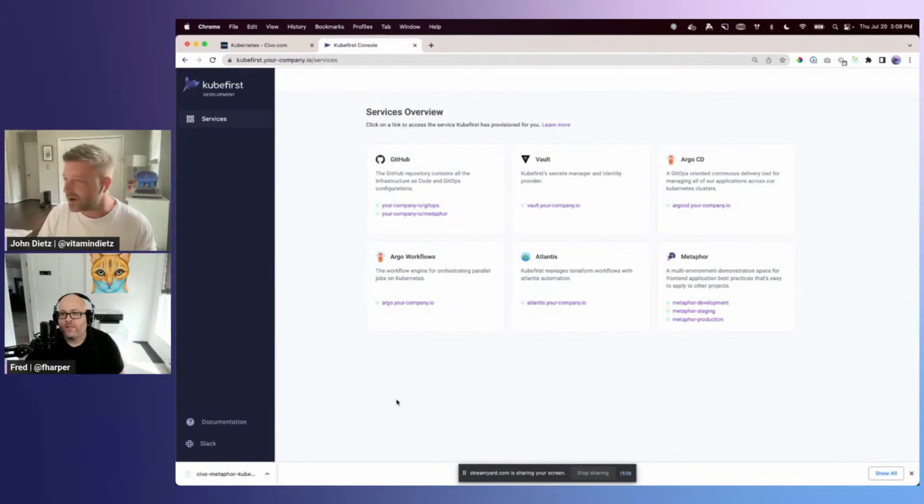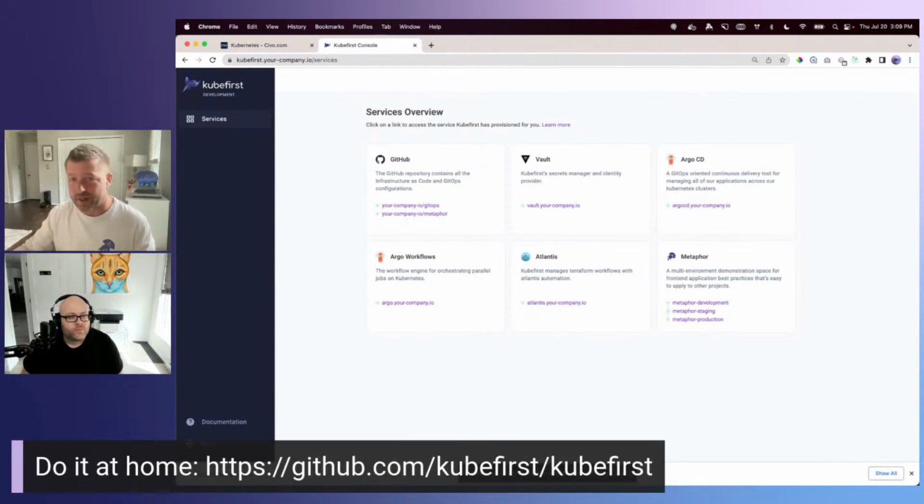So this screen that I've got up on my browser here, this is the result of a Kubefirst installation. It gives you this console app and basically just gives you a launching point to get into all your applications. Now, when you freshly install the Kubefirst platform, this square right here that has the Metaphor instances is going to show spinning wheels for a little bit.